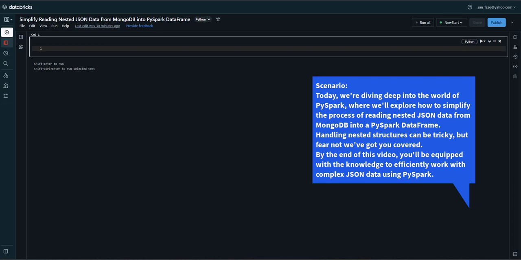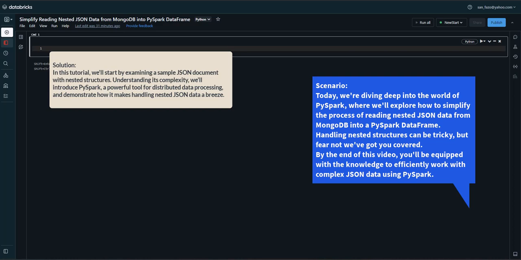By the end of this video, you will be equipped with the knowledge to efficiently work with complex JSON data using PySpark. In this tutorial, we will start by examining a sample JSON document with nested structures,